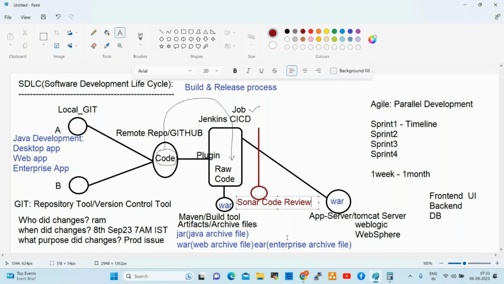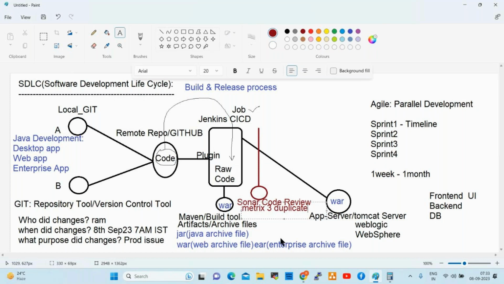Once the testers have tested in the Sonar code review tool, what will developers and testers do? Sonar is completely a developers' tool. They create some metrics, and there will be quality gates as well. For example, if there are more than three duplicate lines or more than three errors, Sonar will not accept it. It will stop and revert back.